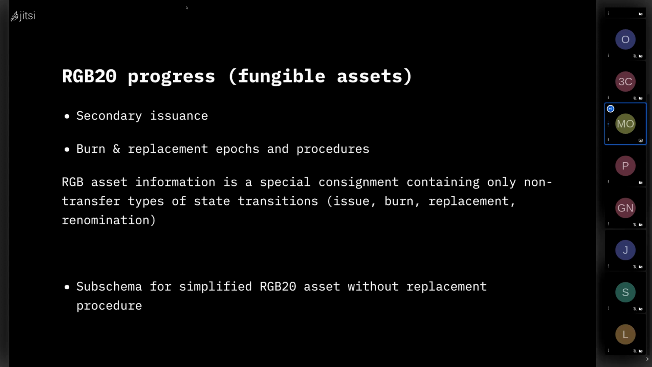Regarding the RGB20, which is fungible assets progress, we are completing the implementation of these procedures for secondary issuance and burn and replacement. And it actually led us to the need. So we are basically finalizing the RGB20 implementation with all this advanced functionality that we planned from the very beginning. And as a part of that finalization,